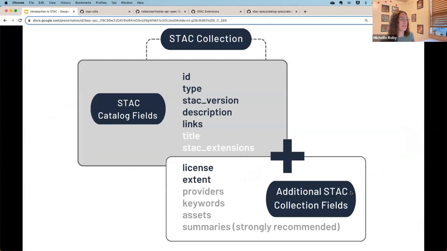And then we just looked at this, remembering that the STAC collection is really just the description of a STAC catalog, but with additional metadata that's going to help distinguish that section of the data from other parts of that data.